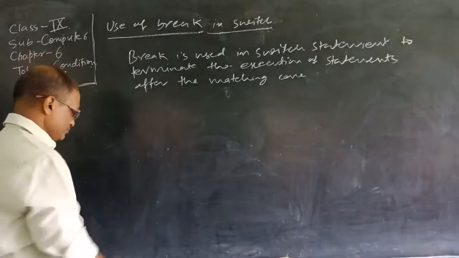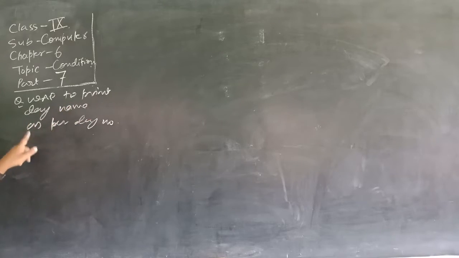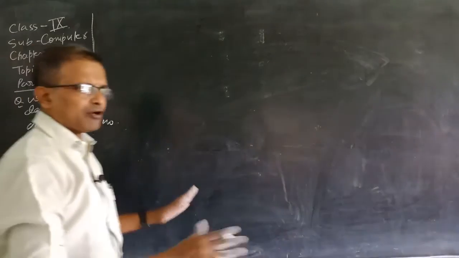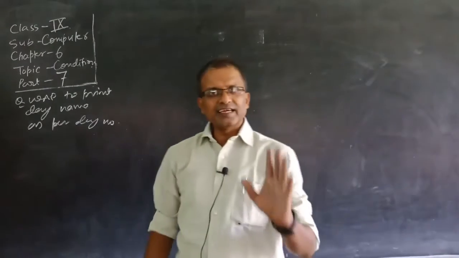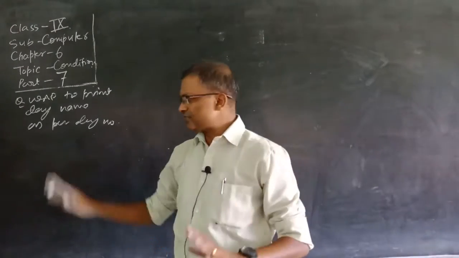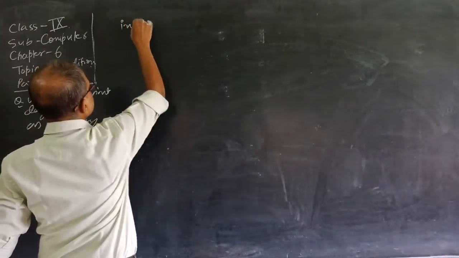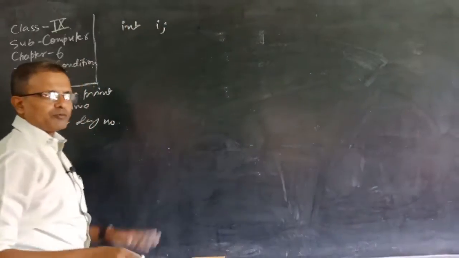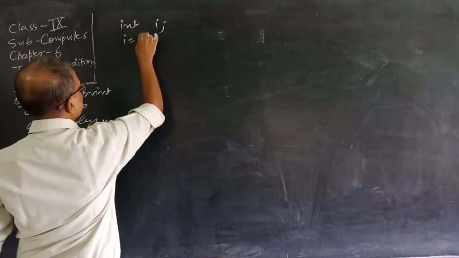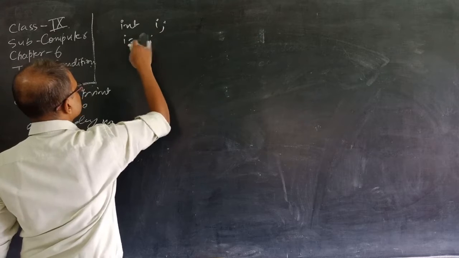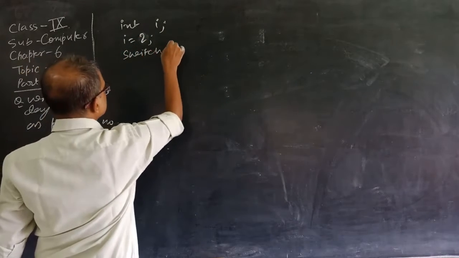Okay. Here is the question: write a program to print day name as per day number. This question has already been discussed using if else statement, and we have assumed that Sunday is the first day. We will do the same program here. Suppose here is a variable. I am not going to take the input because we have to get the concept of switch. int i, and i has the value suppose 5 or suppose 2. First of all apply switch i.